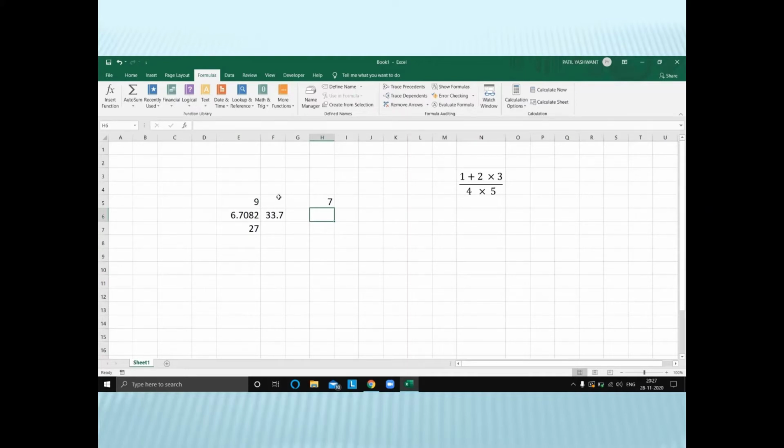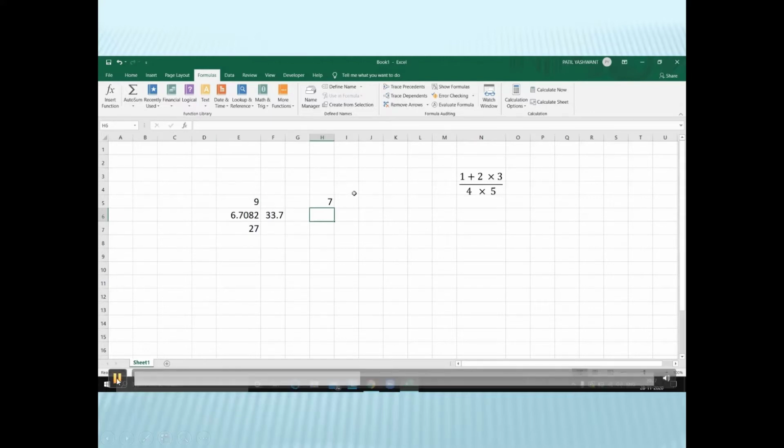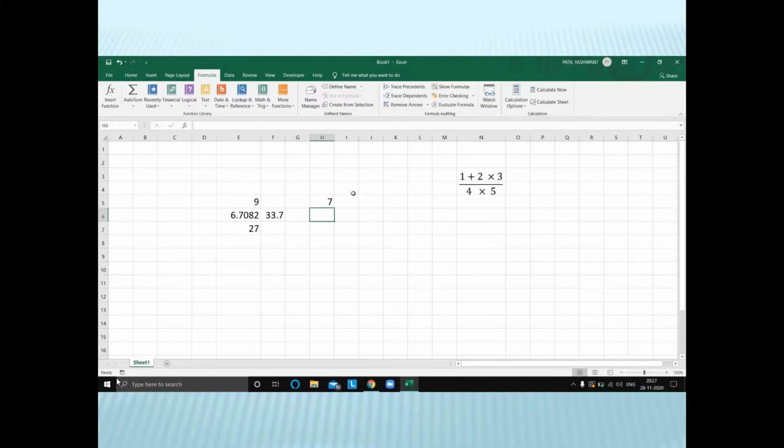If you made a mistake and want to get out of there, you can always press the escape key, or if you start typing in the formula you can always go up here in the formula bar and press the cancel key. We have the plus sign that I have already talked to you about. We have the subtraction, so equal to 4 minus 3 gives the value as 1. There's also division, which would be equal to 4 forward slash 2, and the value is 2.